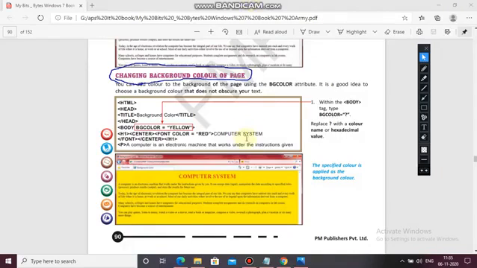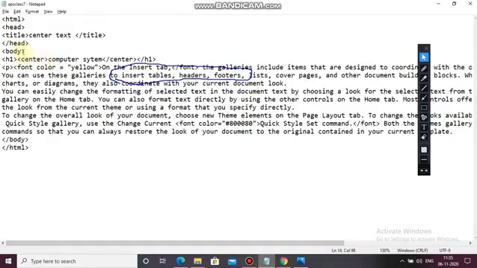So what we have to do, see here, body BG color is the code for changing the background color. We will write BG color equals to the name of the color, red. So here, body BG color red.